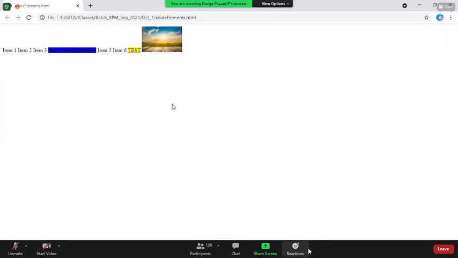Very few elements are like this. Image is one of them. It is inline and block: it renders on the same line, and on top of that you can control the dimensions like a block level element. But as I said, when I talk about the display property, I will cover all this in depth. For now, you should be very clear about the difference between a block level and an inline element. Am I clear here?